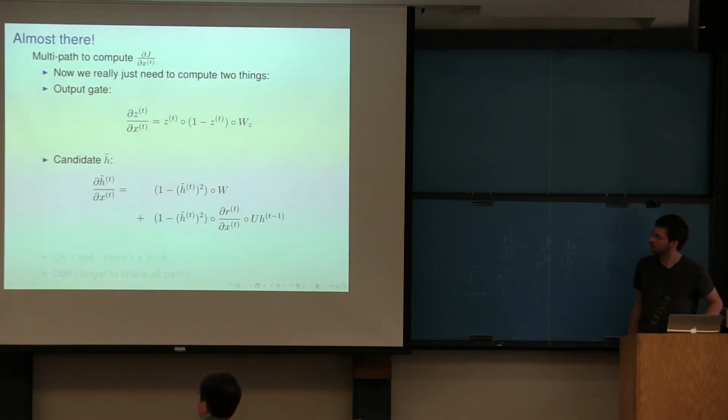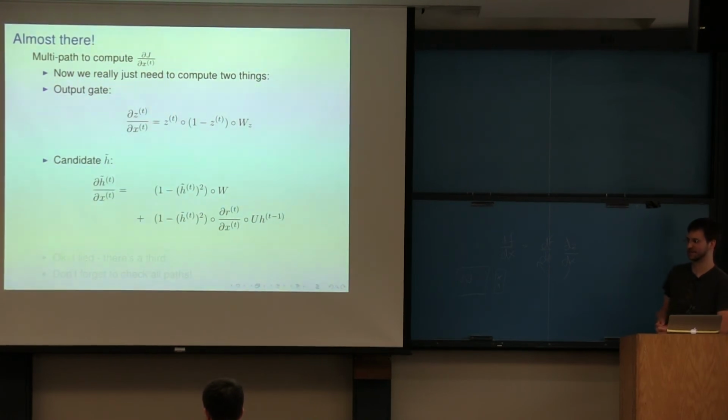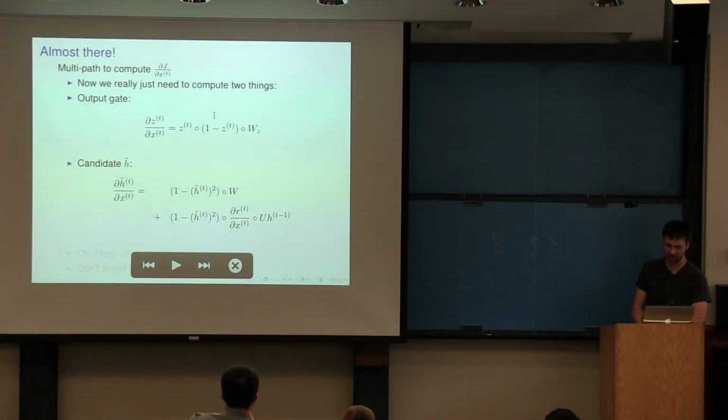Yeah? So in the first term of the sum for the derivative of h tilde, when you use the Hadamard product, is that assuming that it broadcasts like you were coding it, or technically that's not a one-point? Yes. I'm using the Hadamard product basically as shorthand for writing that this thing is a diagonal matrix with those things on the diagonal, and in that case it does multiply properly if you check the dimensions. If z is 10 dimensions, this is really a 10 by 10 diagonal matrix, and this happens to be 10 by, say, the input is 15, so the 10 by 15 multiplies on the left 10 by 10. That's okay.